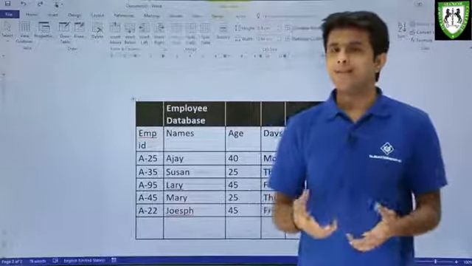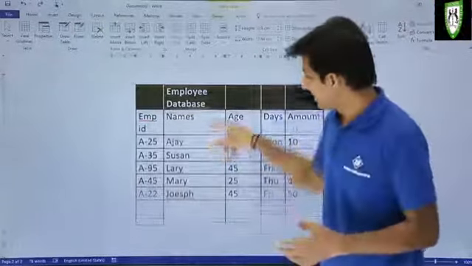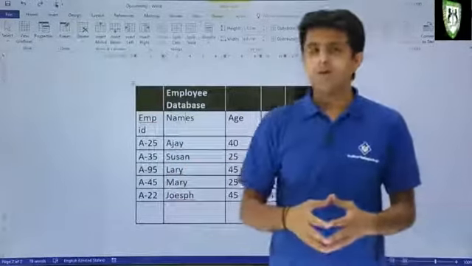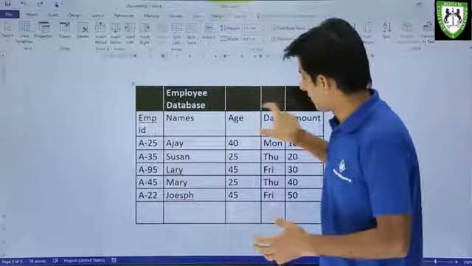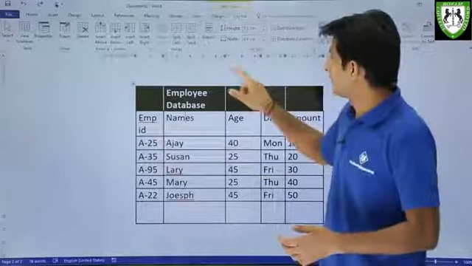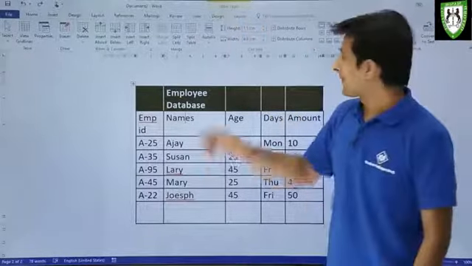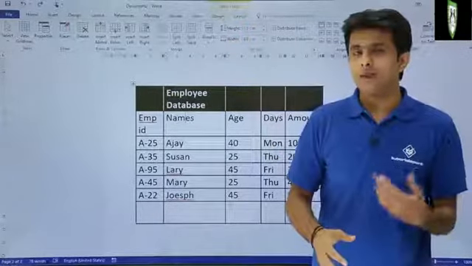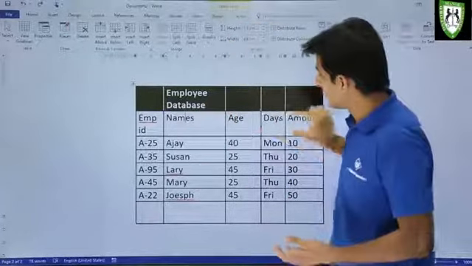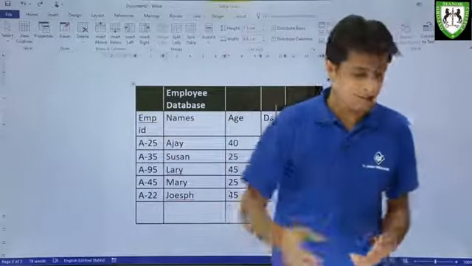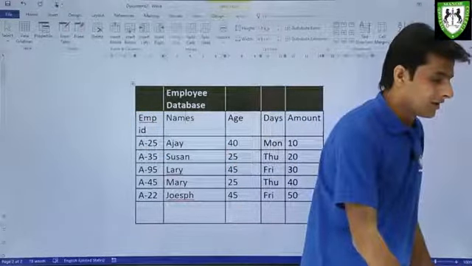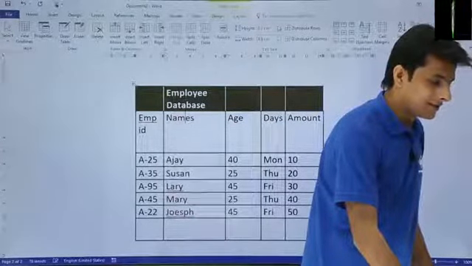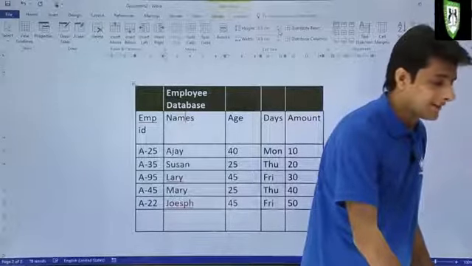Okay, so if I want to resize the cell size, how do I do that? It's simple. I'll just keep my cursor at this place, let's say this one. Now if I want to increase the height of this row, I can go to the layout tab and go to this cell size group, and you see there's a height option. So if I increase the height from here, the height of this entire row will be increased. You observe what will happen if I keep on expanding it. The height of the entire row is getting increased. Similarly, if you want to decrease, you can do that, right?